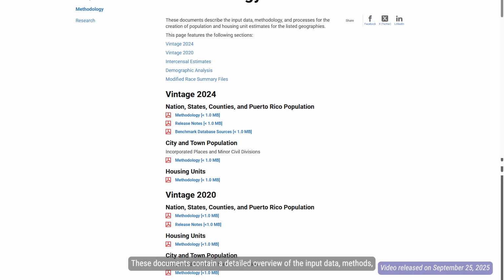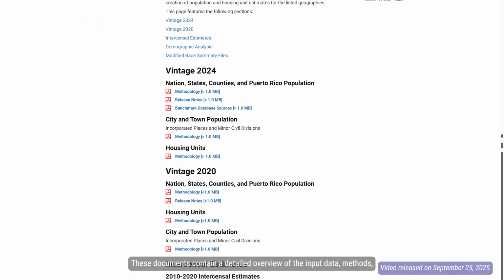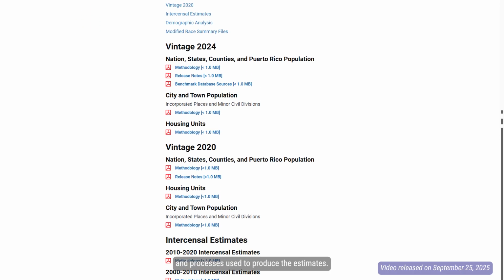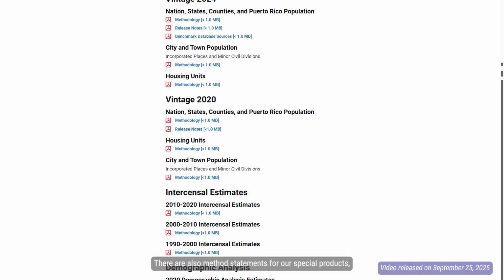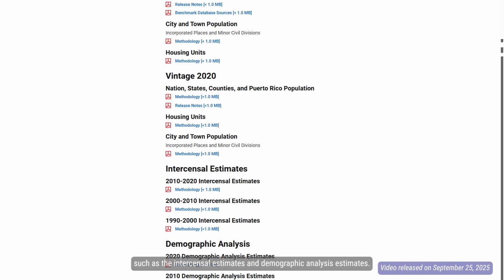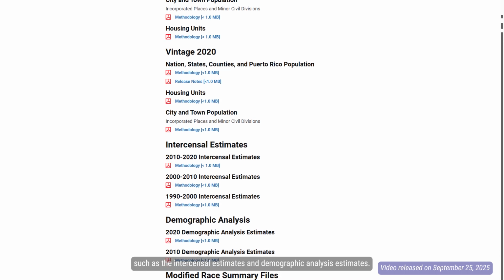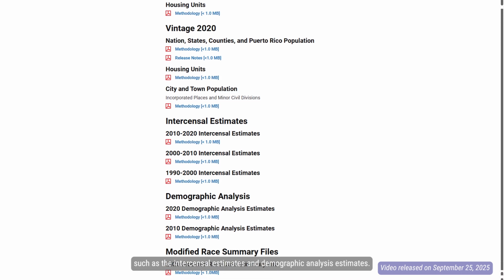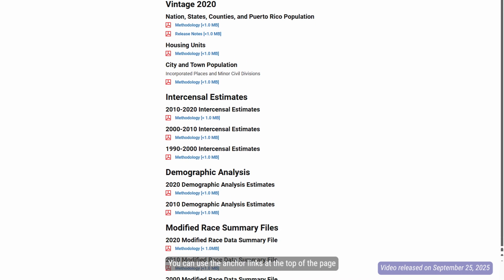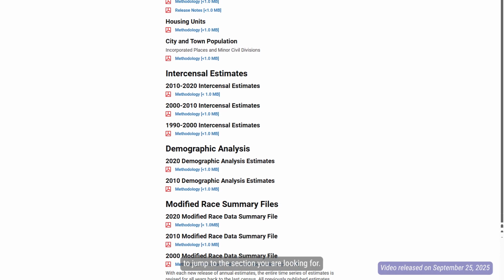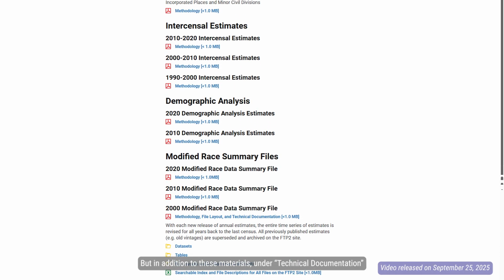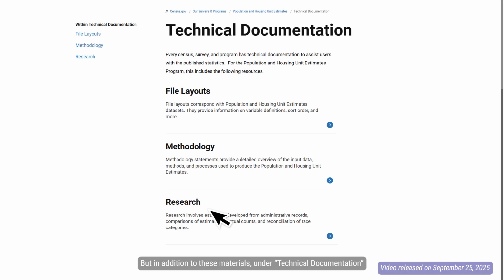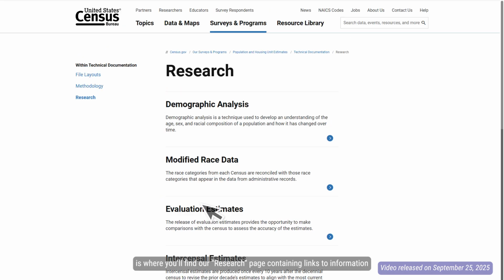These documents contain a detailed overview of the input data, methods, and processes used to produce the estimates. There are also method statements for our special products, such as the intercensal estimates and demographic analysis estimates. You can use the anchor links at the top of the page to jump to the section you're looking for. But in addition to these materials, under Technical Documentation is where you'll find our research page containing links to